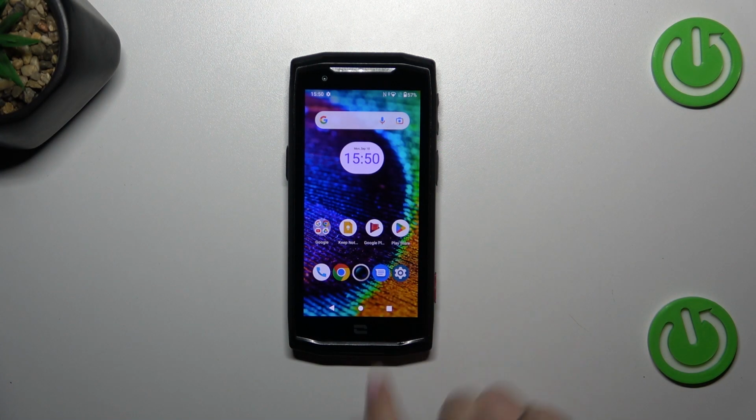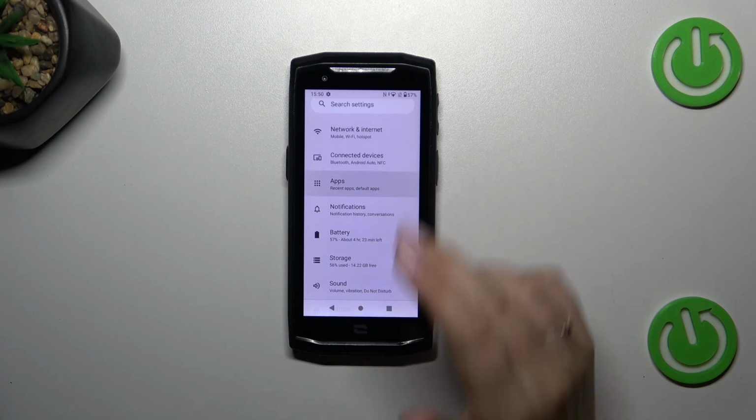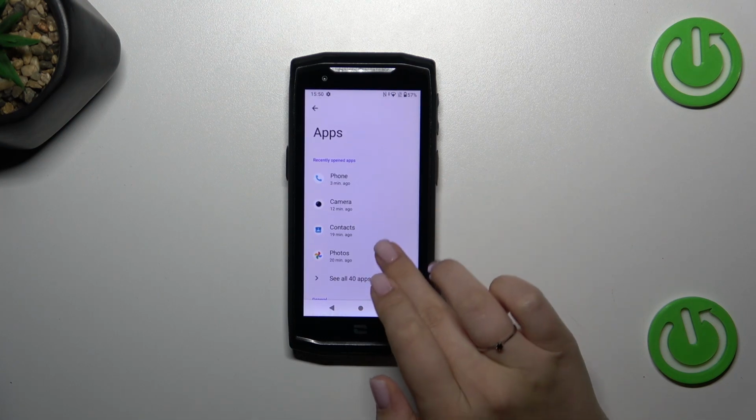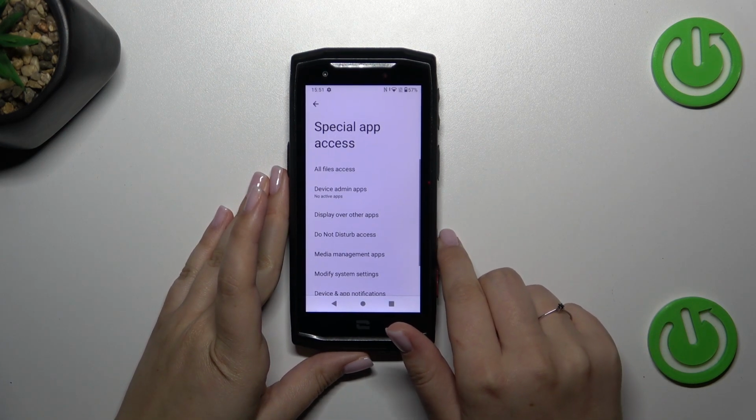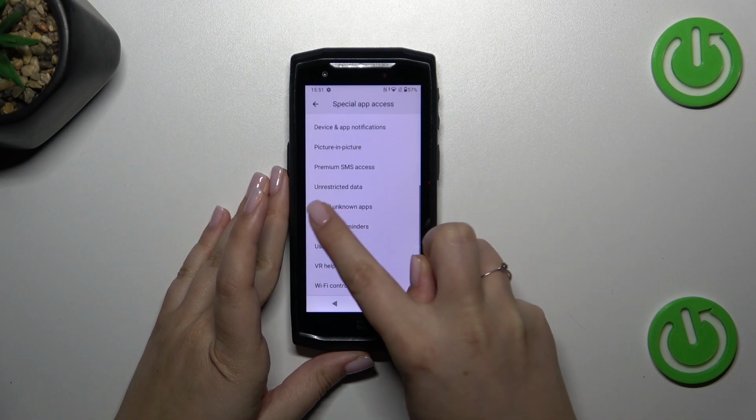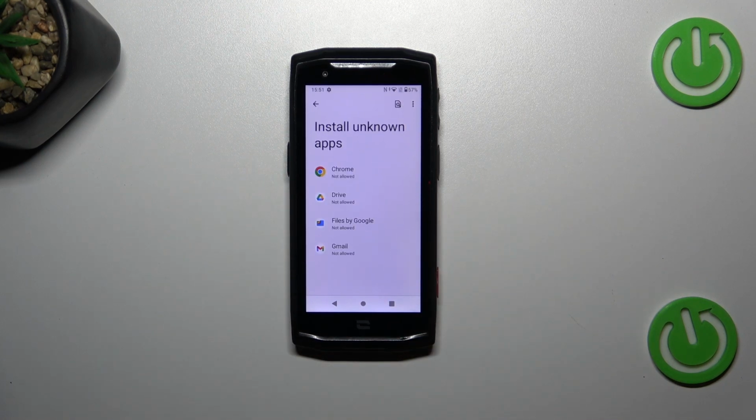So let's start with opening the settings, and here we have to scroll to find the apps. So they should be on the third position from the top. Then let's scroll down to find Special App Access, and in this list we have to find the option Install Unknown Apps. And as you can see here, we've got the list of apps which are allowed or not allowed,